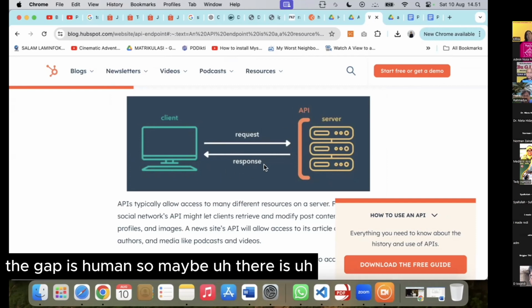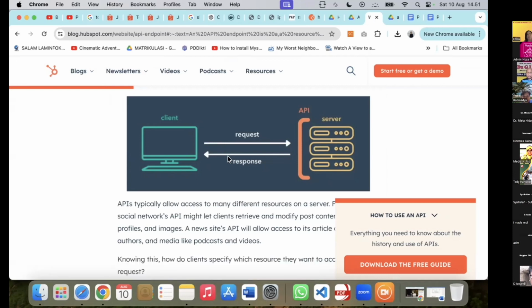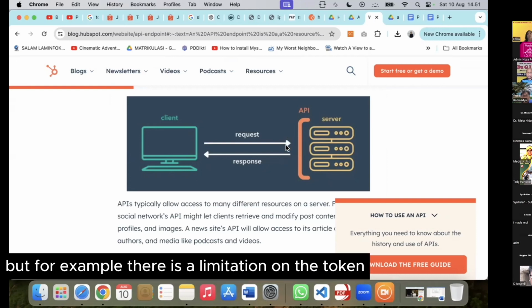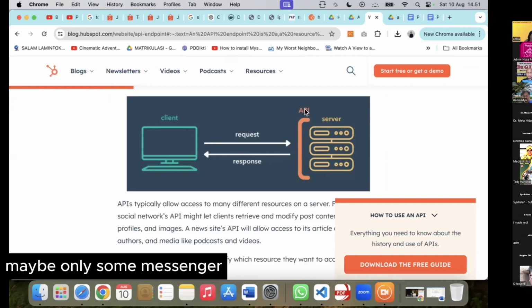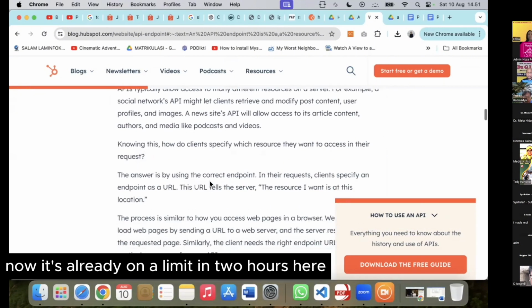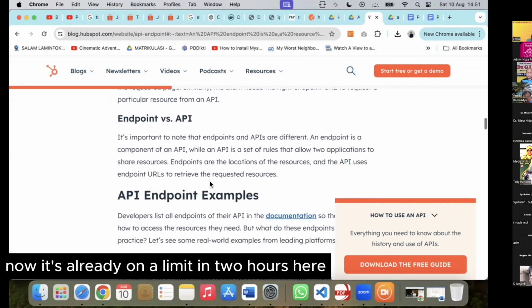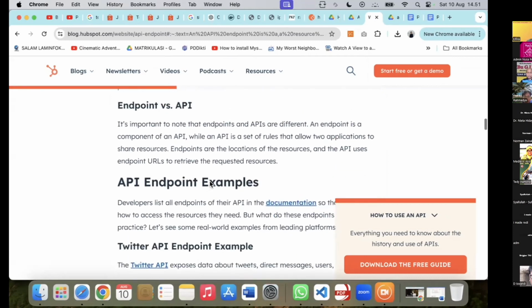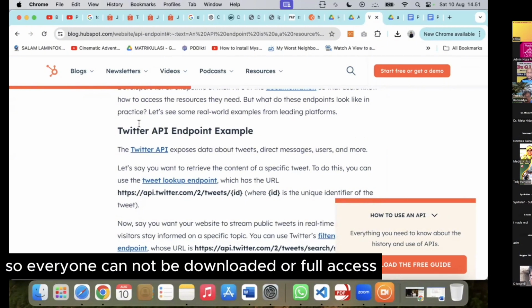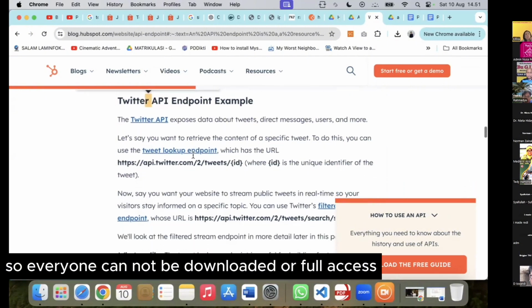So maybe there are leaks, or someone gets access to the token. But for Dukcapil, there is a limitation for the token, maybe only some base data, and usually they limit it to certain hours, and then close the API, so no one can download with full access.